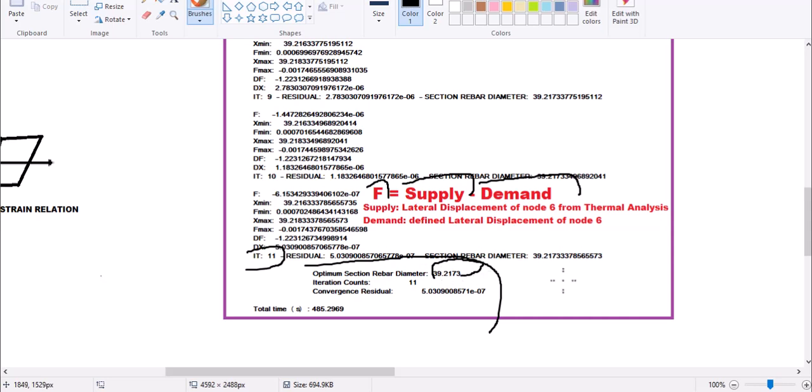So 11 iterations for this kind of analysis is very nice, and you see the time is very good for this analysis. So after 11 iterations we get the solution of this optimal rebar diameter, and